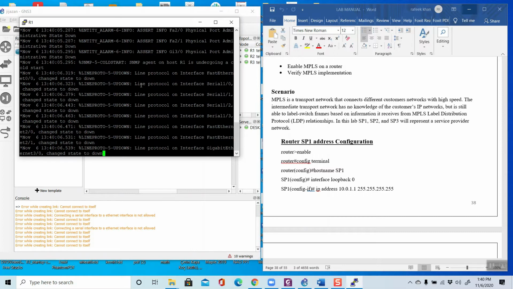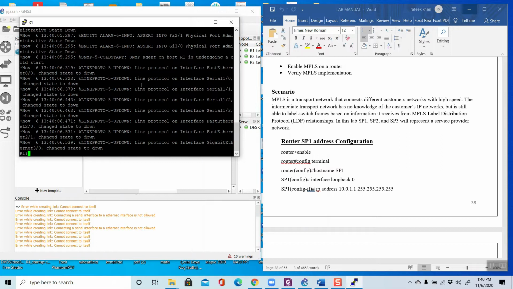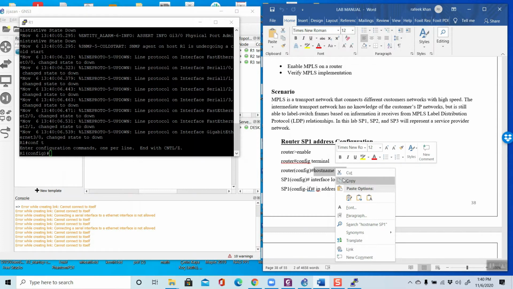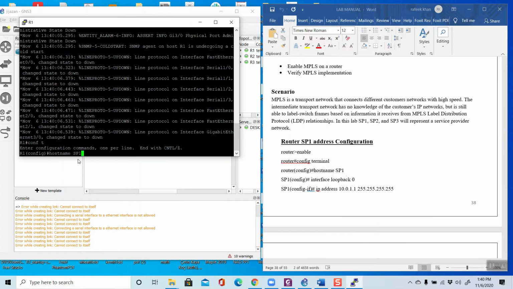Now we have come to the command prompt. It is already enabled, we just have to type the same command, config terminal. Then you can put the host name, just click right and enter. Then for the interface you copy and paste this command.